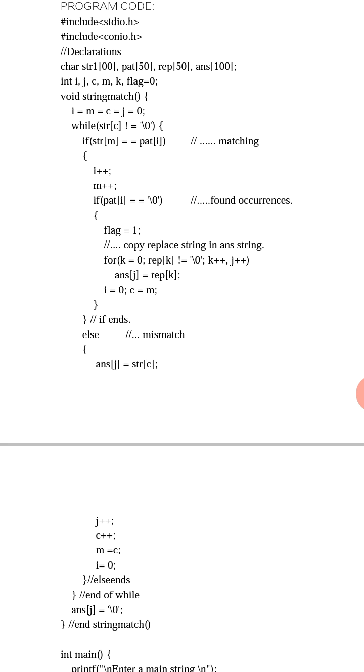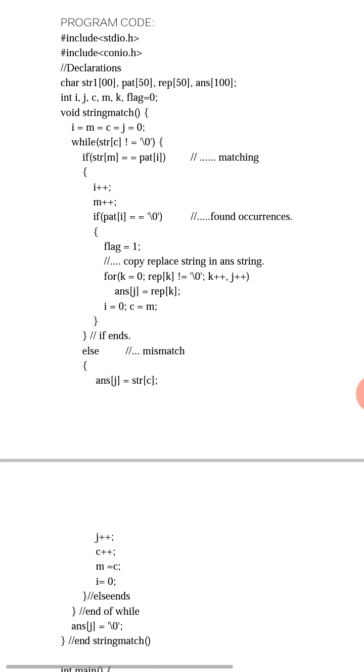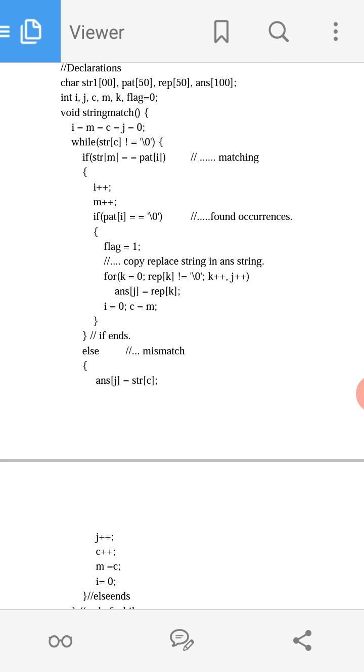When your pattern string reaches the null character, that is the indication that your pattern is found in your main string. And prior to that, suppose the characters which we have extracted from the main string are not matching with the pattern string, simply we need to copy such characters directly to the answer string. And once